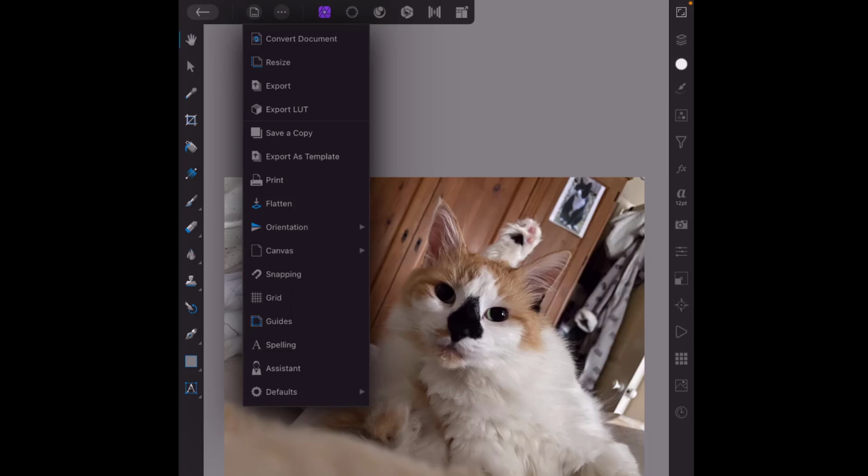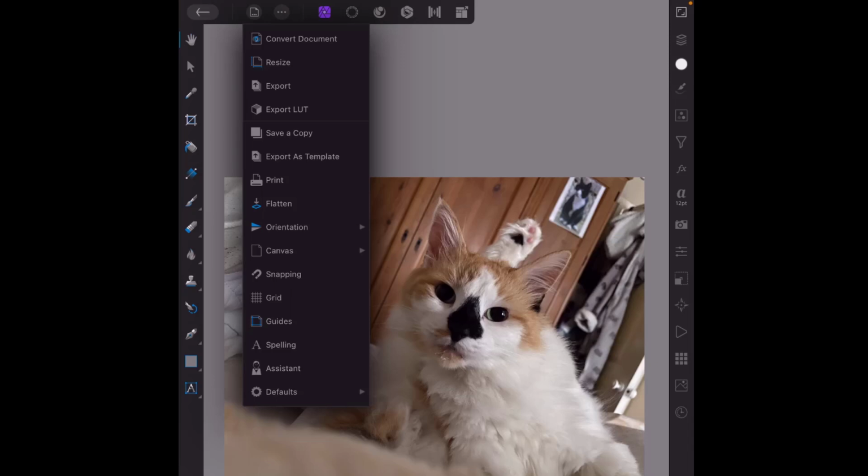You can export as a LUT, export as a template, you can send it to your printer, and then you can turn the snapping on and off, turn the guides on and off, and position your guides, I would imagine. I've not yet tested that part. Checking your spelling, and